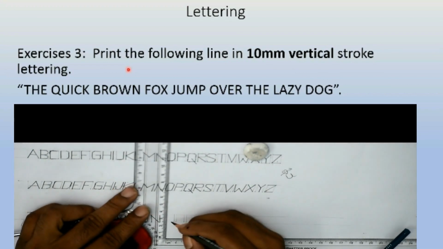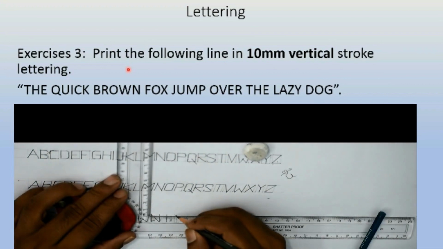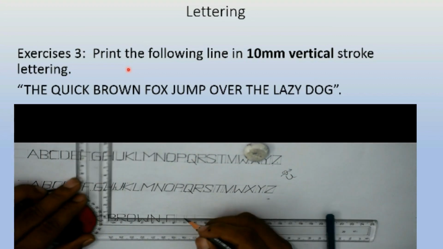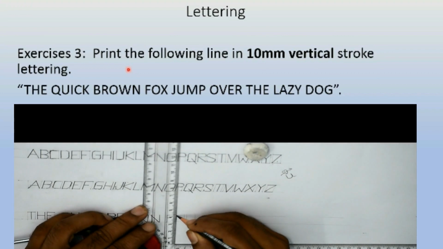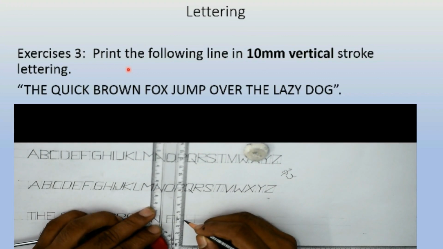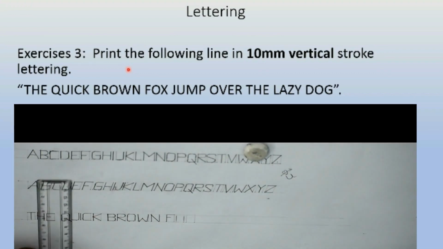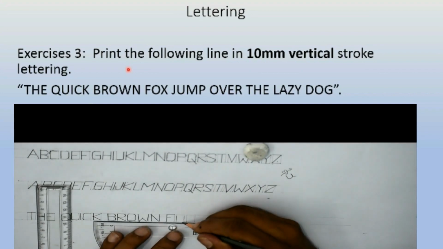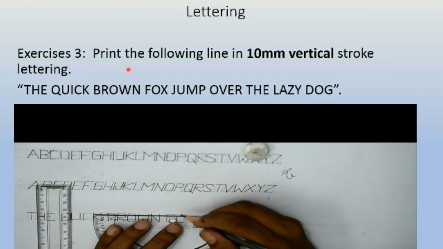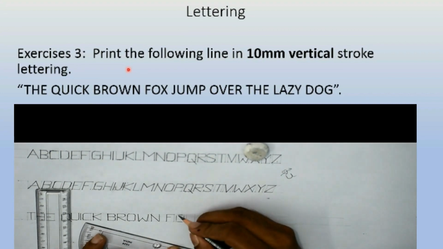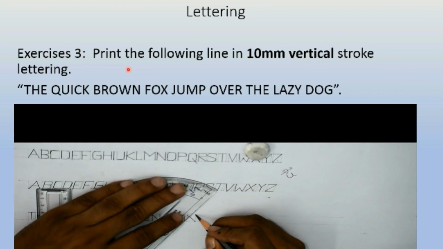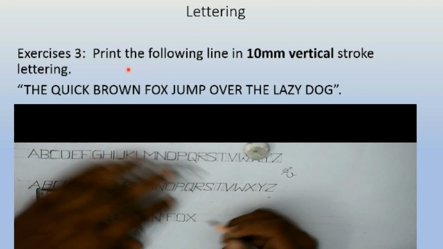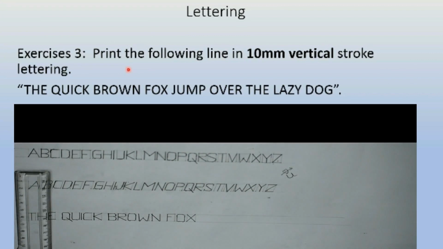So F is easy. F, and this is the letter X. So the quick brown fox